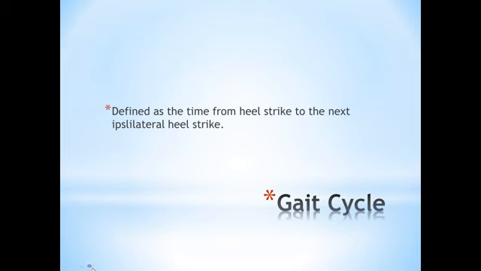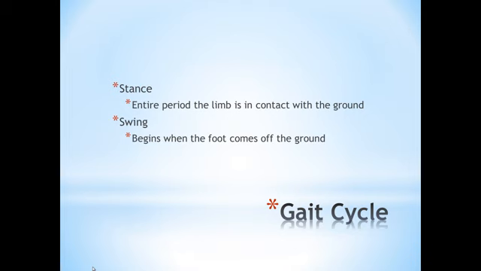So the gait cycle can be defined as the point in time from heel strike to the next ipsilateral heel strike. So we're really talking about the point in time when your right heel hits the ground to the next point in time that your right heel hits the ground again. And we can divide the gait cycle into 2 different periods. The stance period,